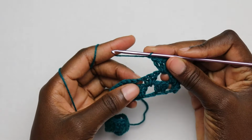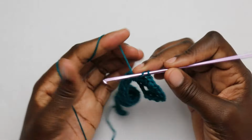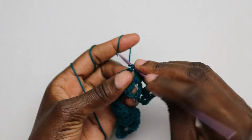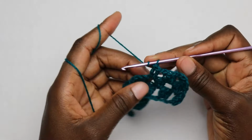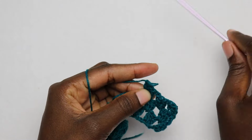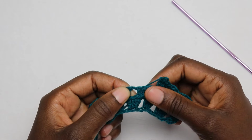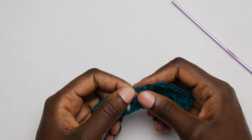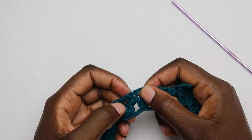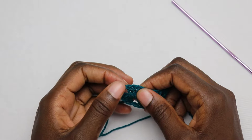chain 1, skip the next cluster, and in the next chain 1 space you're going to place 3 double crochet, 1, 2 and 3, chain 1. Repeat that pattern all the way to the end by skipping the clusters and placing 3 double crochet in the next chain 1 space, then chain 1, skip the next cluster, 3 double crochet in the next chain 1 space, chain 1, 3 double crochet in the next chain space, all the way until you have only this